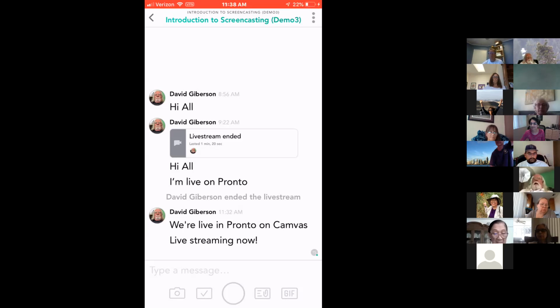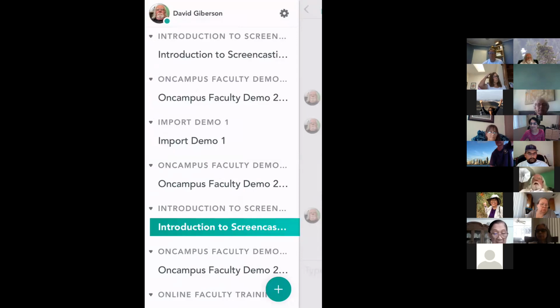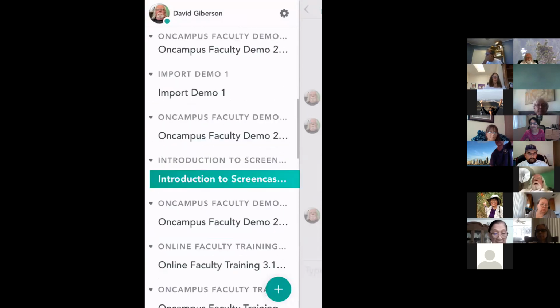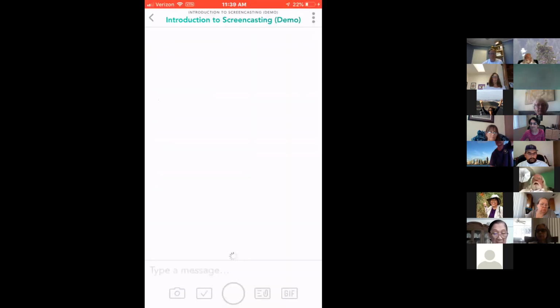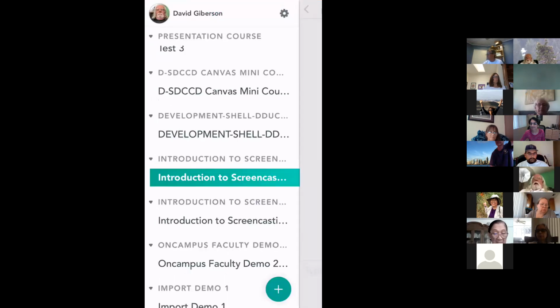You can go from course to course on your phone. You see all of your courses listed there, and you can move from course to course and participate in chats at different times in different courses. And if you have your Pronto notifications set, as I showed you earlier, if somebody posts to a Pronto chat in another one of your courses, you'll see a notification and you can go into that course and look at it and so on. So it's a really multifaceted chat tool with lots of capability and lots of communication options,